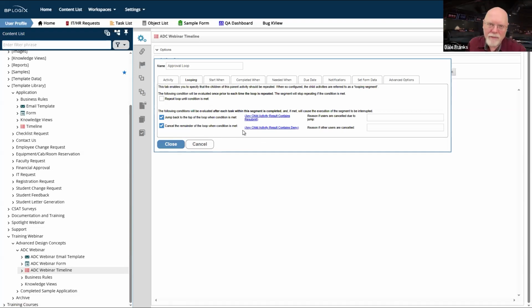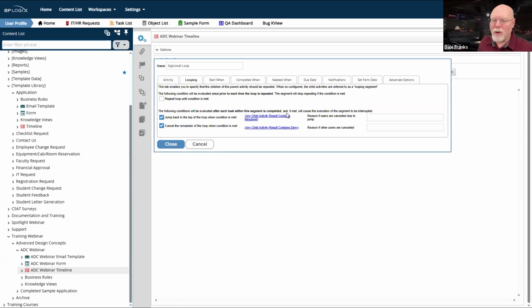Loops also have a variety of interesting things that you can do outside of simply going through approval loops, but approval loops are by far the most common thing that you do. And so this is the easiest way of setting up an approval loop to just work the way that you want it to, by configuring 2 properties on one tab of one process timeline activity, and then everything just works the way that you want it to.